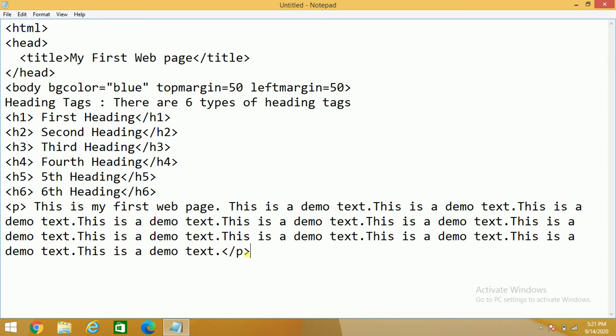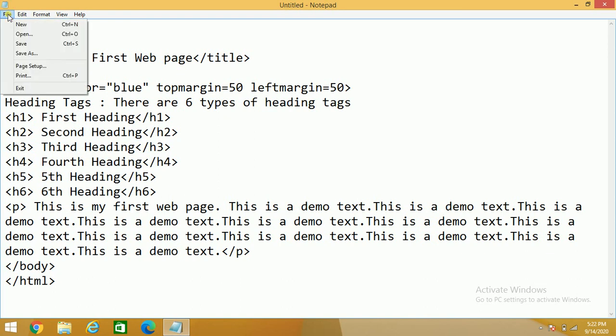Before I will start with some new commands, let me execute these commands, and before that I have to close this body tag, and I'm going to close HTML tag. You have to be very sure when you will save this file, always give extension as .html.